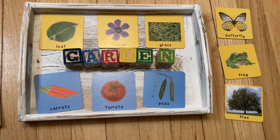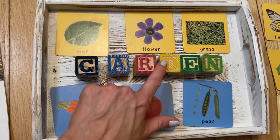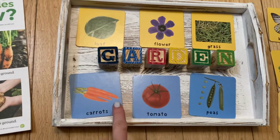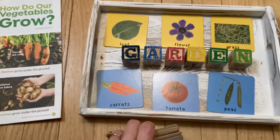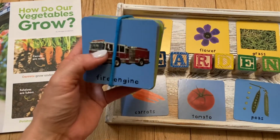And then as far as planning goes for the week, a couple other things that I will pull out for Gia and Sethi are these little blocks. I pulled out the letters for garden. So for Gia, she can start to manipulate the letters in that word. And then I also pulled out some of these cards. These are from a set, like 100 First Words, which are great for younger kids to be learning what things are,